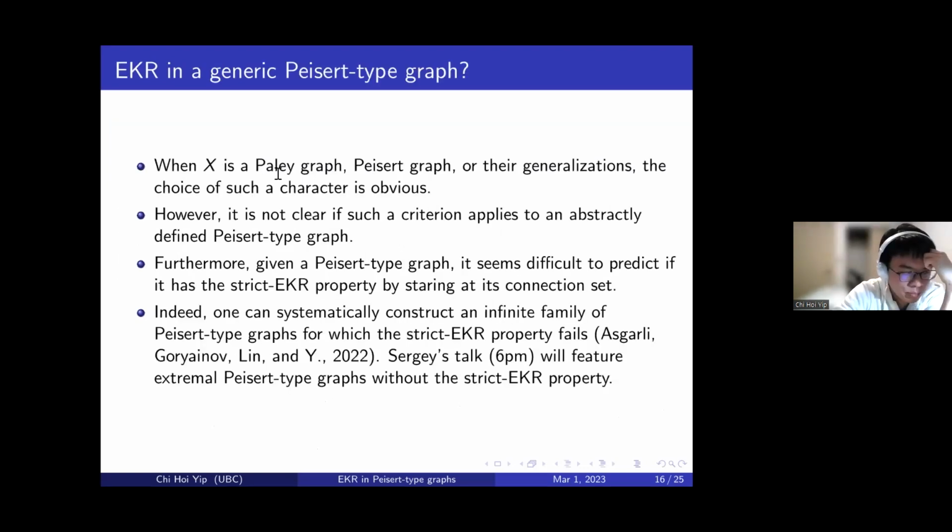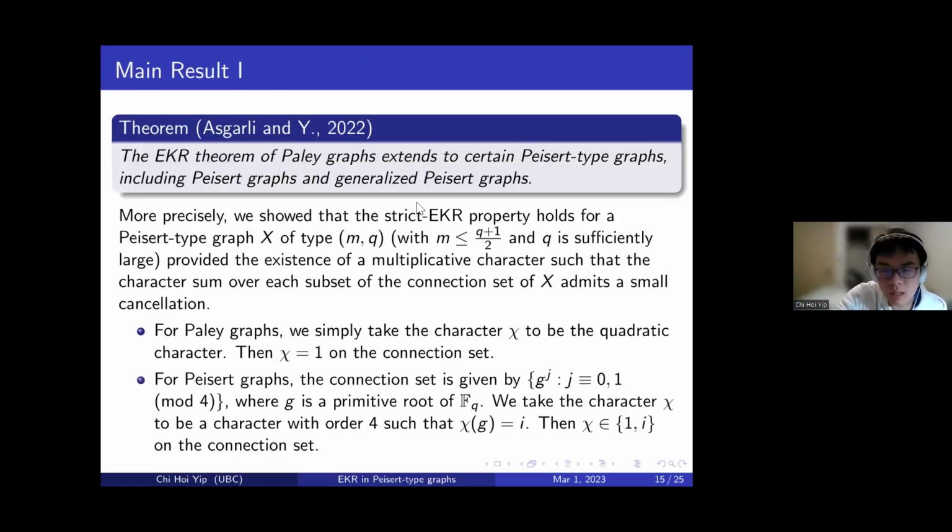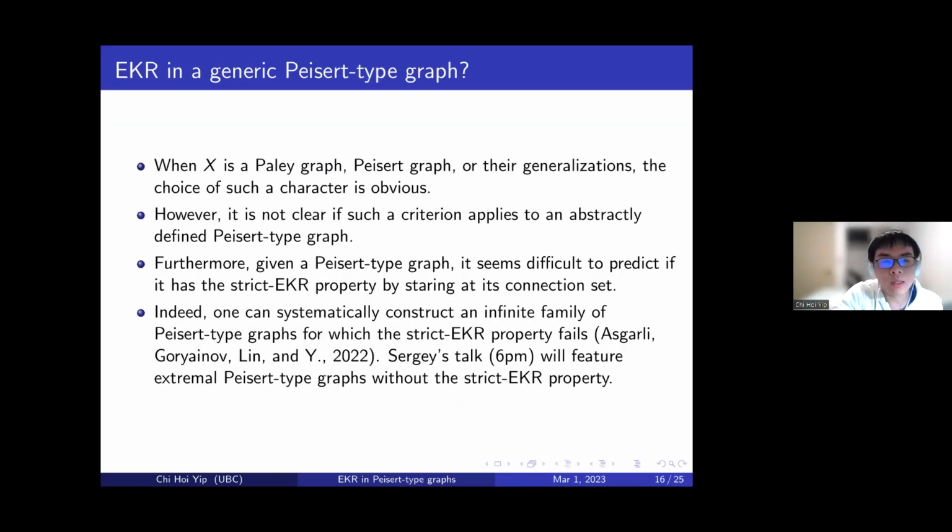So when X is a Paley graph or a Peisert graph, or their generalizations, the choice of the character chi is almost obvious. So for example, here the connection set has something to do with modulo 4. So just take the character with order 4. And if we are working with generalized Paley graph or generalized Peisert graph, again, there is a natural choice of character because there is some modulo d in the definition of the connection set. But in general, given an abstractly defined Peisert type graph, it's not clear whether this criterion would be